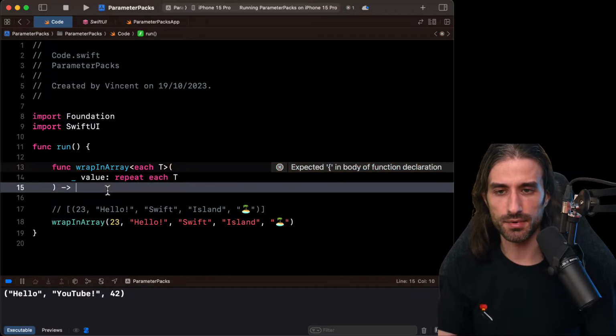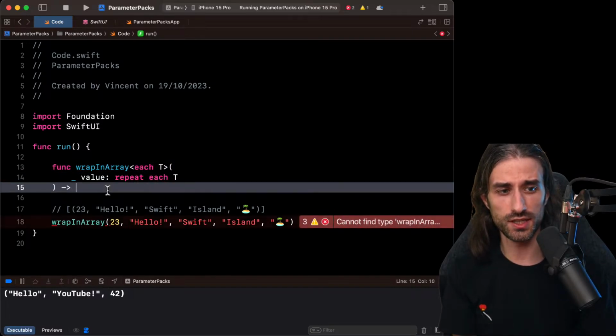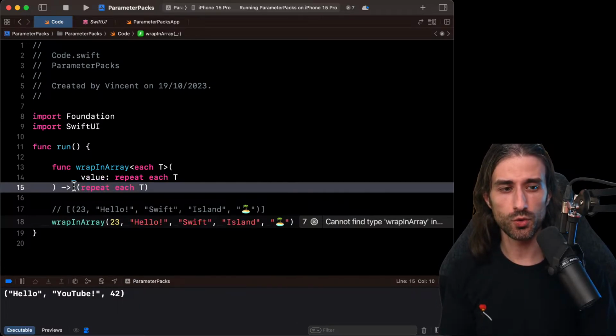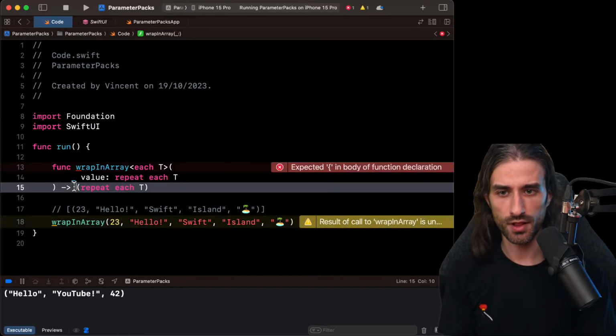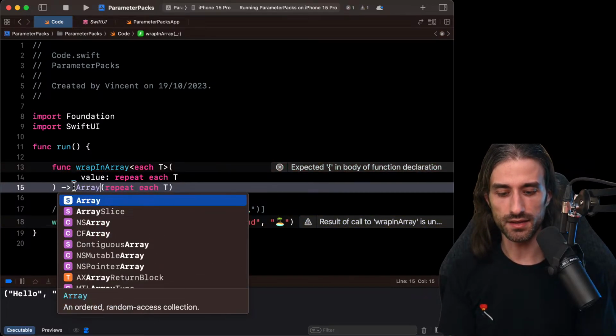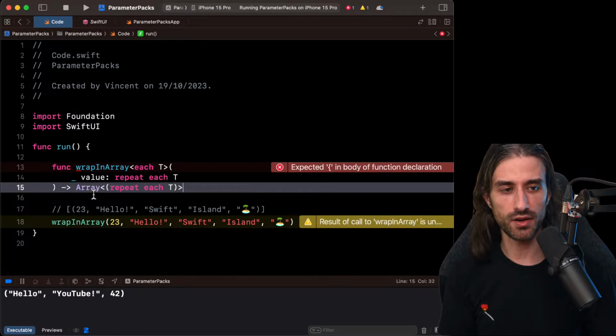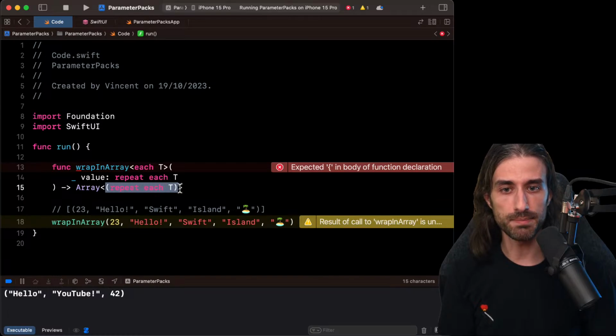Then we need to define the return type. So I say I want to put the values in a tuple. So actually, just like before, to build the type of the tuple, it's a tuple type inside of which I do repeat each T, just like we did before. And I want to return an array that contains the tuple. And the way I do it is that I declare an array, just as I would have done before in any kind of Swift code. I need to provide the generic argument to Array, because Array defines a generic argument for the elements of the array. And for the generic argument, I pass my